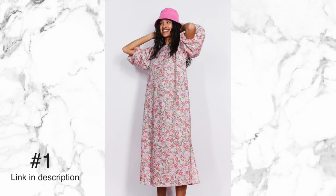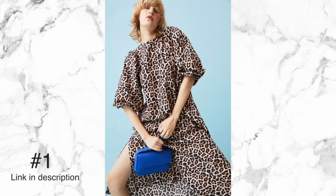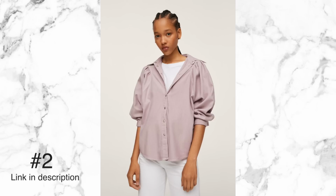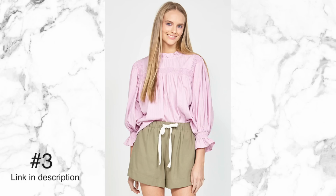I've worn my new favorite puffy sleeved top today in honor of this gorgeous trend. Now, puffy sleeves are obviously easy to wear. They're feminine, they're floaty. For me personally, I like to team them back with something that's a little bit more hard edge. So denim for me is a great way to wear my puffy sleeves because, as I said, it's quite a feminine look, but it's a soft, floaty, easy way to inject a bit of color into your wardrobe